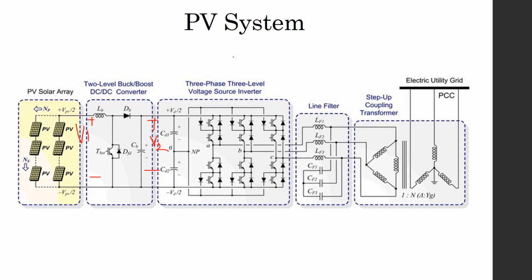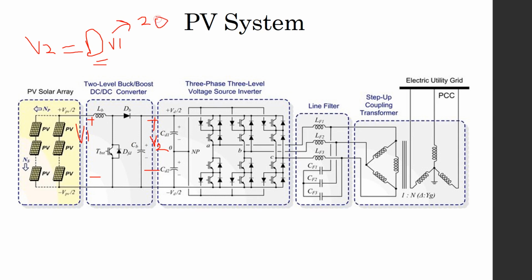For example, here if we have a step down DC to DC converter, or a buck converter, then the relation between them will be V2 equal to V1 multiplied by something which is called the D, or the duty cycle. So V1 is the input here and V2 is the output, and D is called the duty cycle, from 0 to 1. Okay, now by changing the duty cycle, for example, if we have here a V1 of 20